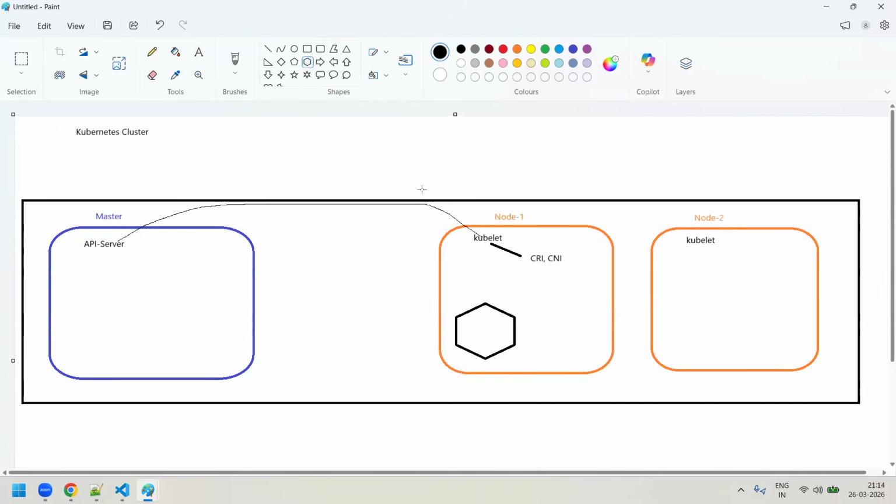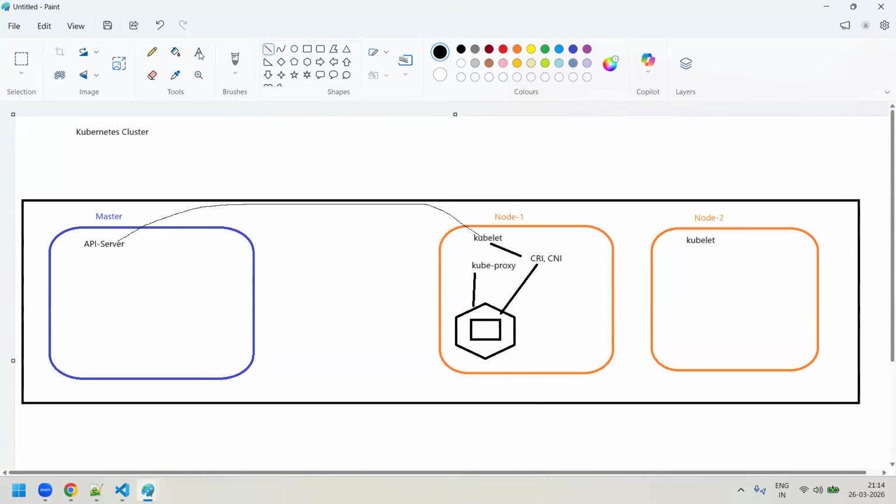The kubelet will try to create a pod, and the CRI will try to create a container inside the pod. So inside a pod, a container has to get created. That container will get created inside this pod actually. And this pod needs an IP address. So what happened? There is one more component in your worker node, that is the kube proxy, right? So that kube proxy will assign an IP address for this pod actually,